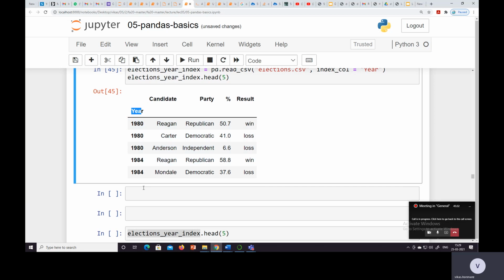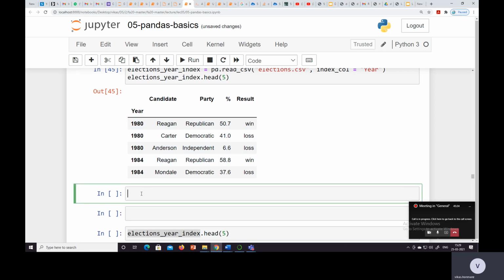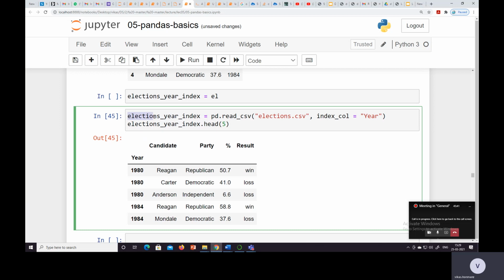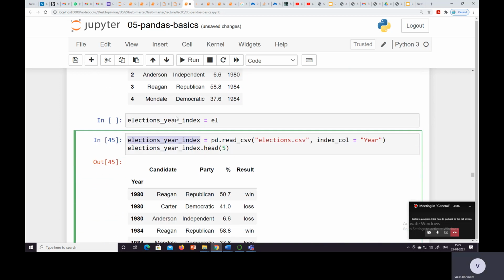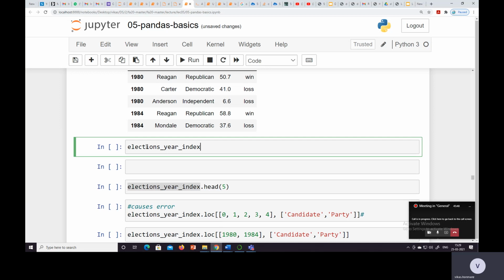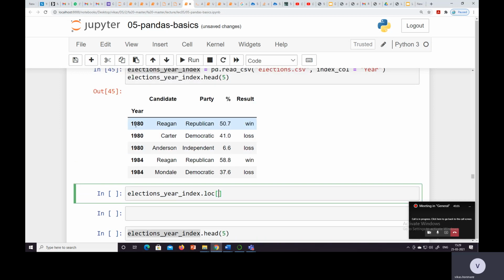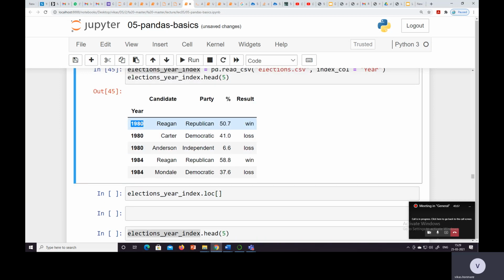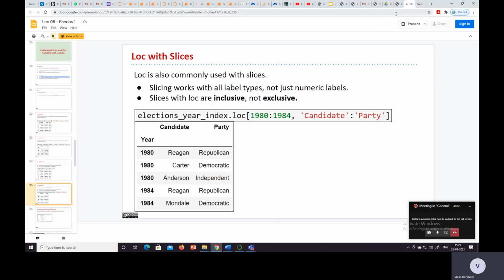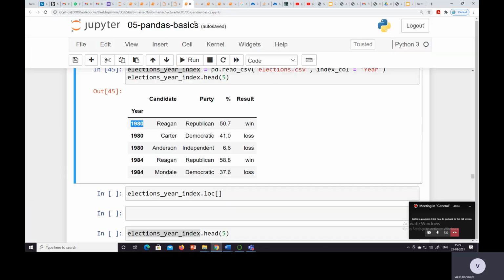Now, as we know that our year column is an index, to extract rows by using .loc through that index, we put the year, which is what exactly we want, 1980 to 1984.